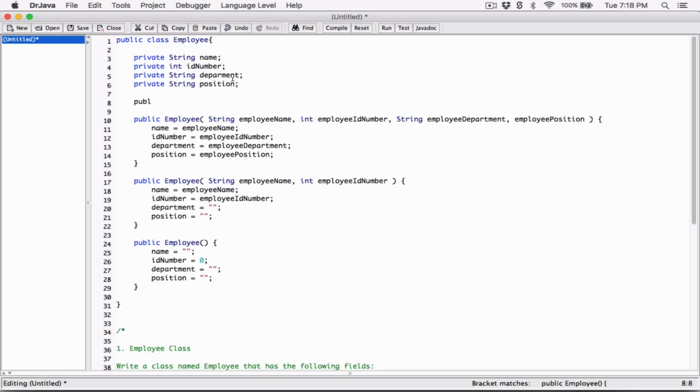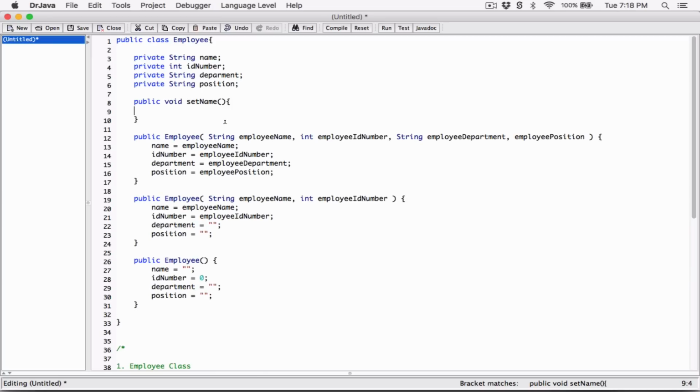Okay, so I'm going to create a public, not static, method. I'll explain why. It's not going to return anything because all it's doing is setting the name. So I'm going to create a public void method. I'm going to call it set name. Okay, it's not going to accept any argument. All it's doing is